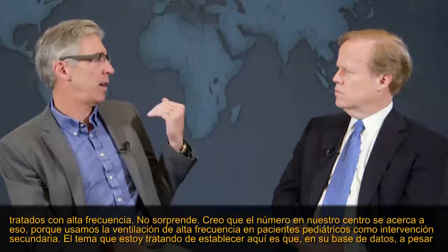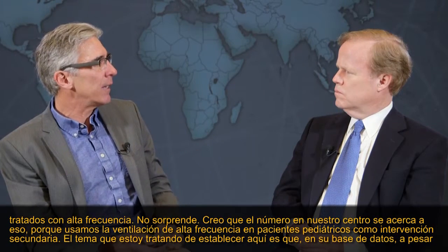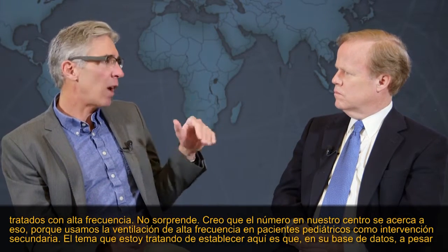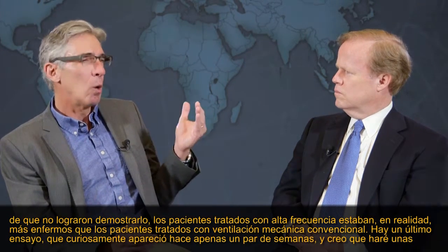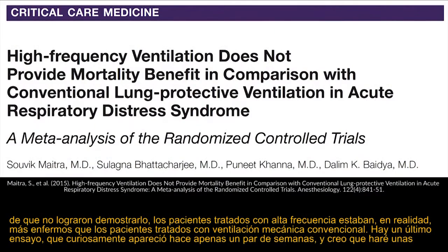I think the number in our center is close to that because we use high frequency ventilation in pediatric patients as a secondary intervention. So the theme I'm trying to establish here is that in their database, although they weren't able to demonstrate it, those patients managed with high frequency were in fact sicker than the patients managed with conventional mechanical ventilation. One last trial, which interestingly just appeared a couple of weeks ago, and I thought I'd make some